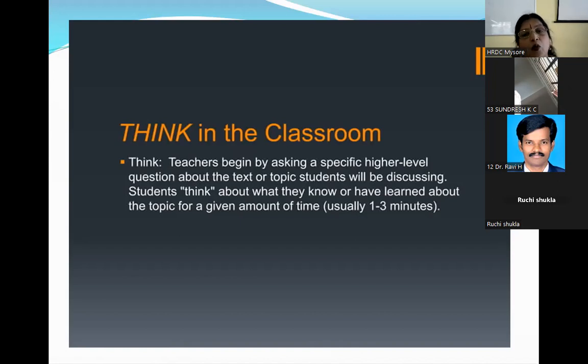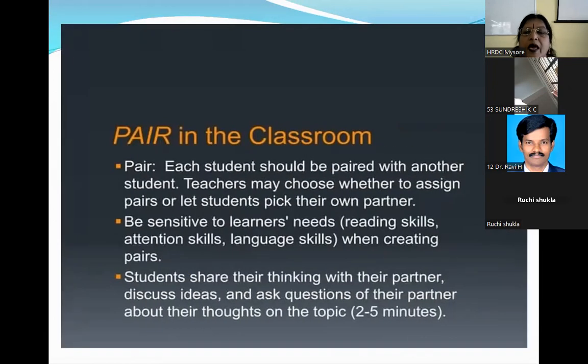Now after thinking, what happens? They are paired. Each student should be paired with another student. So thinking was done individually. Now pairing happens. So the teacher pairs one student with another student. Teachers may choose whether to assign pairs or let students pick their own partner. So the teacher's role is either to assign the pairs. I myself can say A can pair with B, C with D, whatever, or I can allow the students to